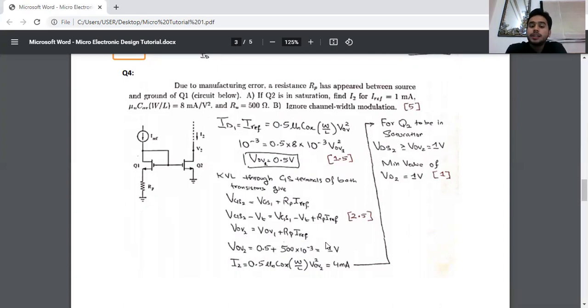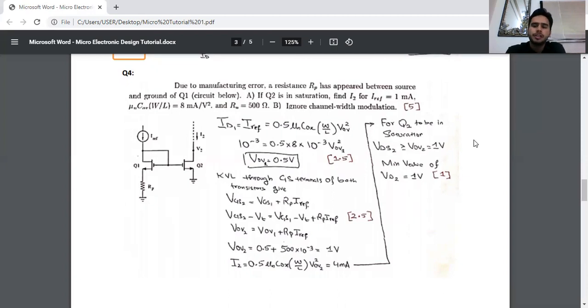Now we calculate the value of current for MOSFET 2, which we are basically supposed to find. The whole purpose of the question was to find I2. So I2 equals 1 by 2 mu n Cox W by L V overdrive square, and we have the V overdrive for MOSFET 2. We apply it over there. We have W by L, and by adding the parameters, we get 4 milliamps. Now there is another condition that Q2 is in saturation. So if Q2 is in saturation, the condition as told earlier is VDS has to be greater than V overdrive, and V overdrive is 1 volt. So VDS has to be greater than that V overdrive.